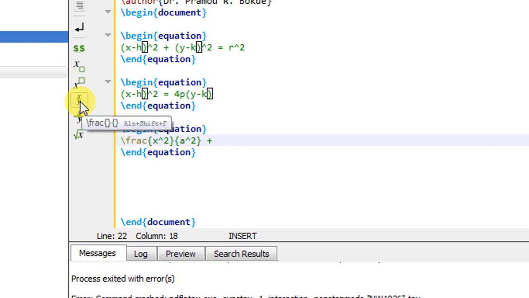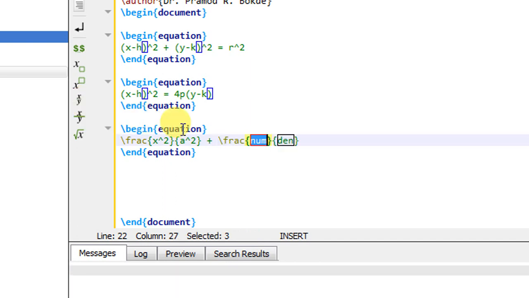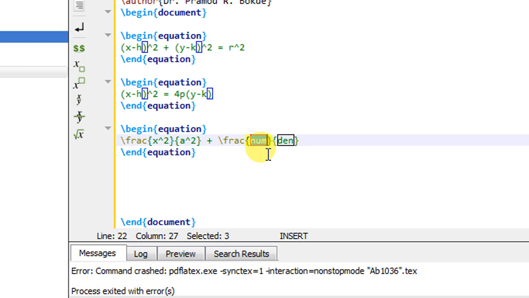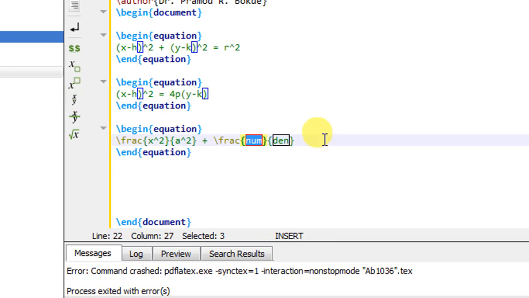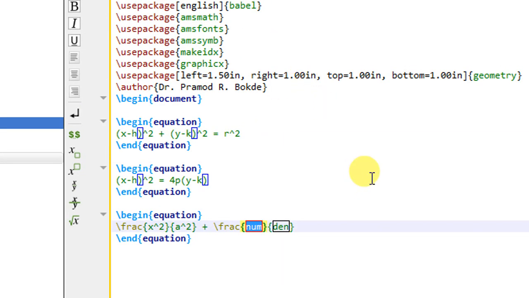So here I will write down the fraction. If I click here, it is automatically giving you the command. You need not remember this command. In some of the LaTeX platforms, this facility is not provided and you need to remember these commands. But a good facility is provided by TeXstudio, or even it is available in the TeXmaker platform also. So you can either use TeXmaker or TeXstudio. As I am taking this hands-on on TeXstudio, it is better for you to use TeXstudio. So you can easily understand each and everything.